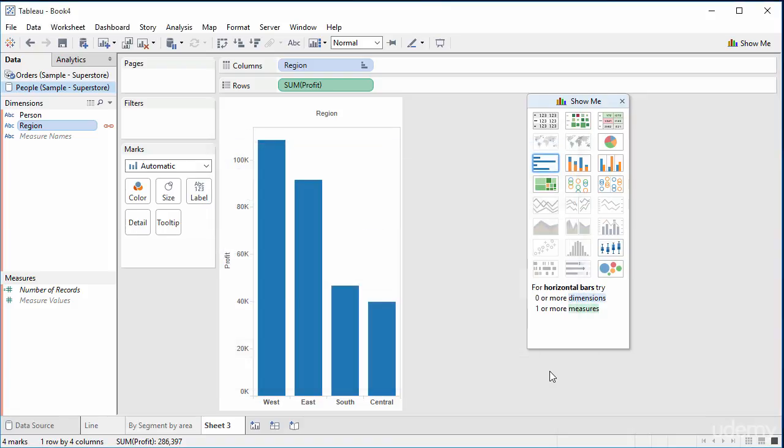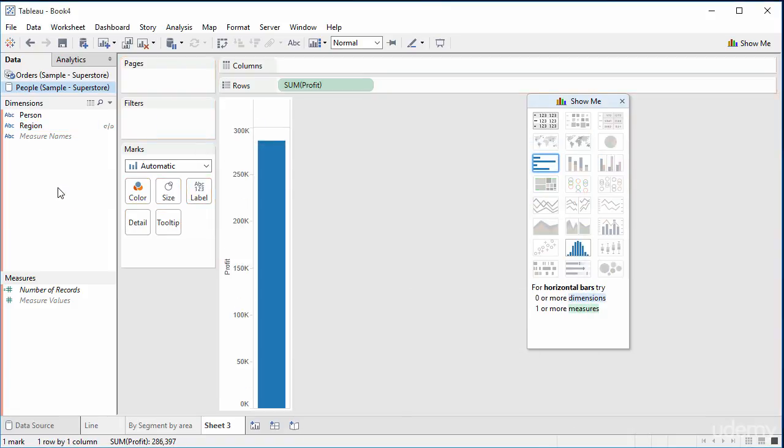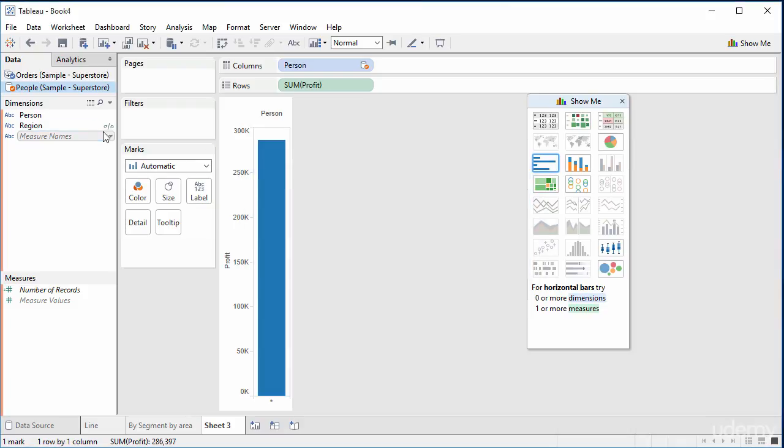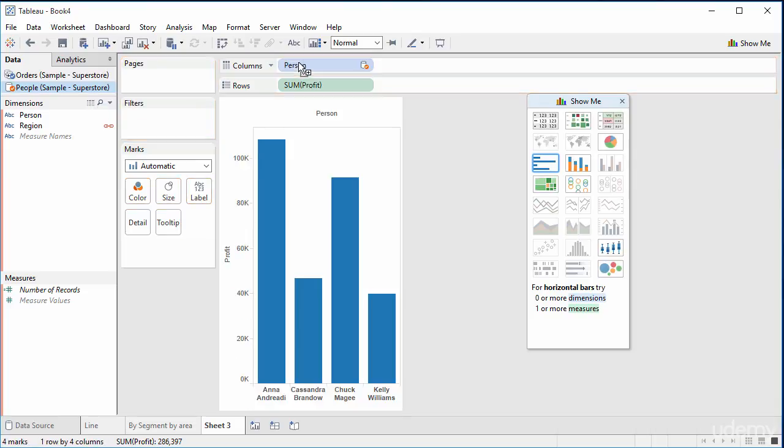So now this is in, I can get rid of region and drag in person. Fields cannot be used from the people data source because there is no relationship to the primary data source. You can see there is no link. This is broken. So let's recreate it. Drag in person. And now